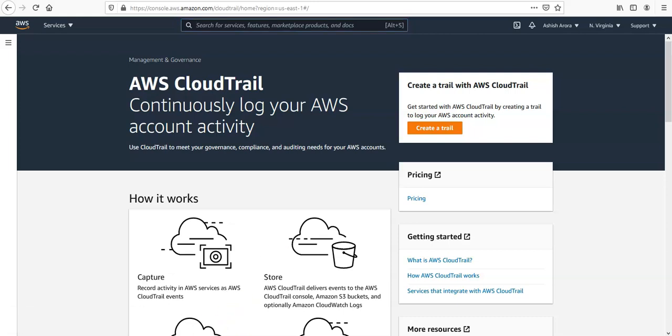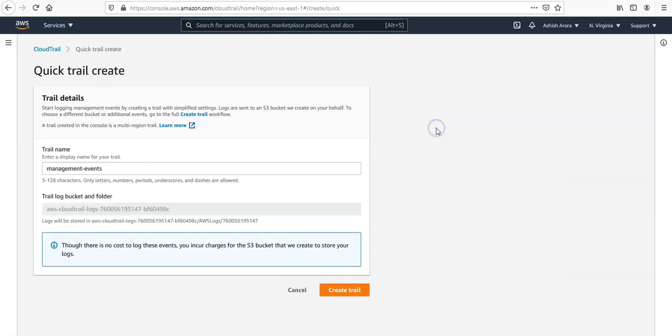Event history does not show data events. To see the data events, we have to create a trail. We can view the CloudTrail console to view the last 90 days of recorded API activities in the AWS region. We can also download a file with that information, or a subset of information based on the filter and time range. So if I do create a trail here,